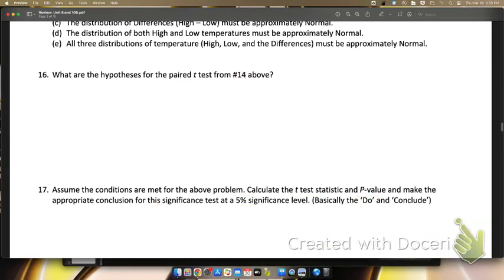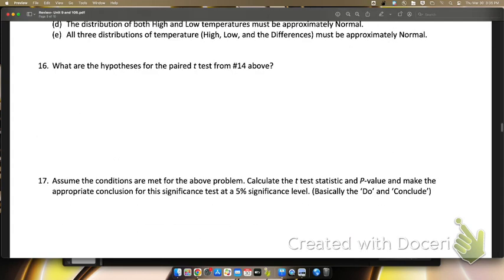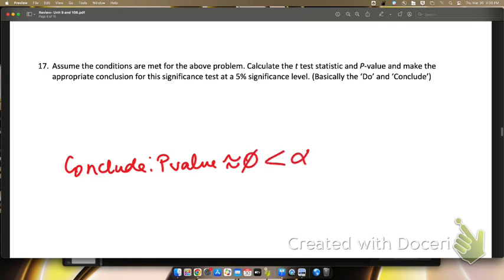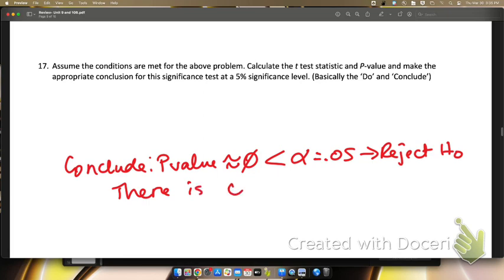And so now we're going to conclude. Let me scroll down here. For the conclusion, our p-value, and either way, I'm just going to say it's essentially 0. And that is less than the alpha value of 0.05. So we're going to reject the null hypothesis. There is convincing evidence